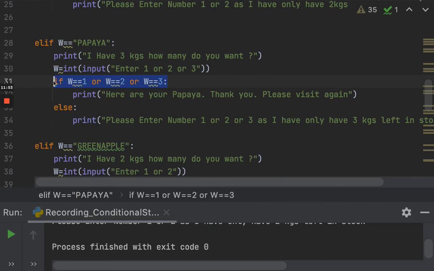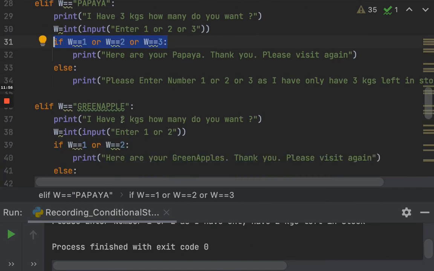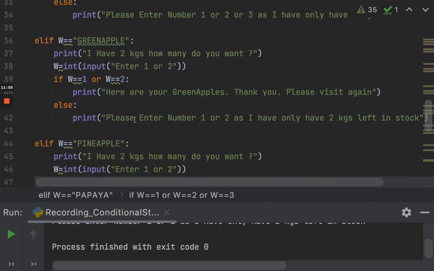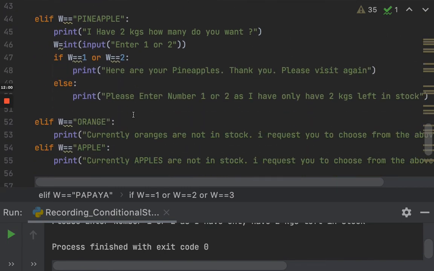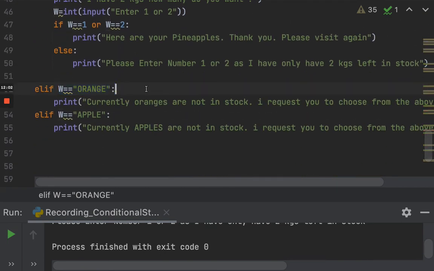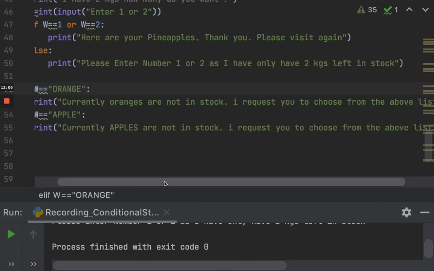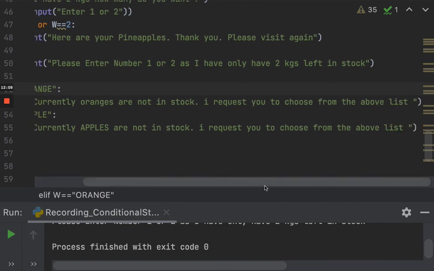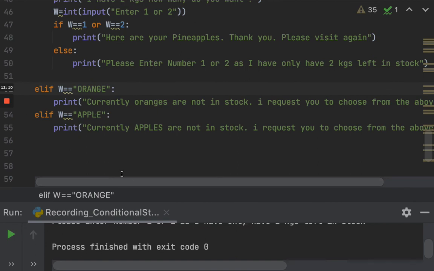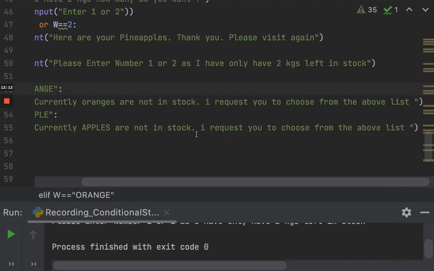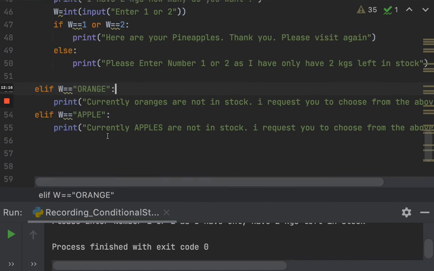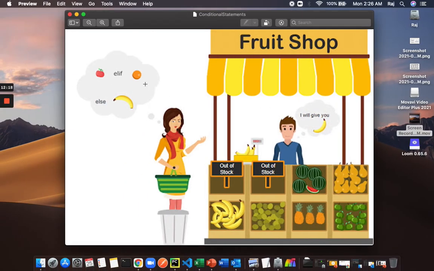So basically I have written an if block and else block to give a print. I said green apples I have 2 kgs. I said pineapples I have 2 kgs. I said elif, oranges are currently out of stock. Currently oranges are not in stock. Request you to choose from the above list. Even if it is apple, I said currently apples are not in stock, I request you to choose from the above list. These two, orange and apple, when you go back to the figure, you can see that oranges and as well as apples